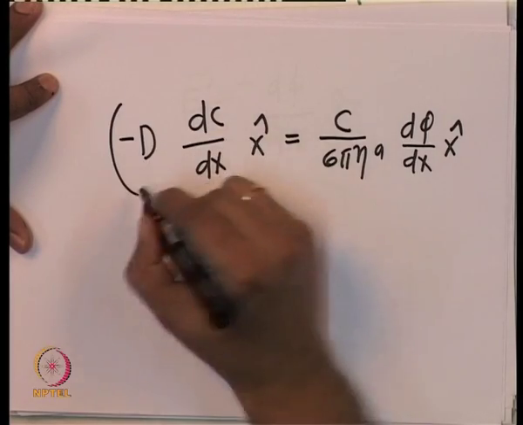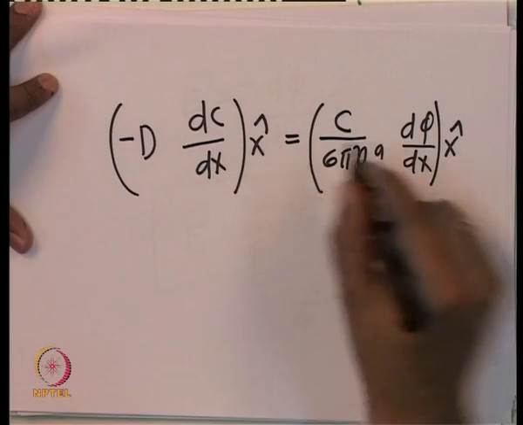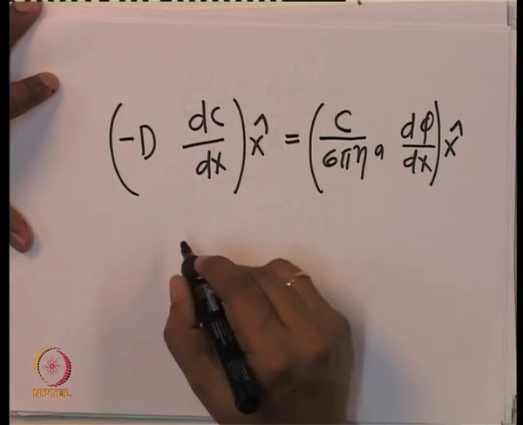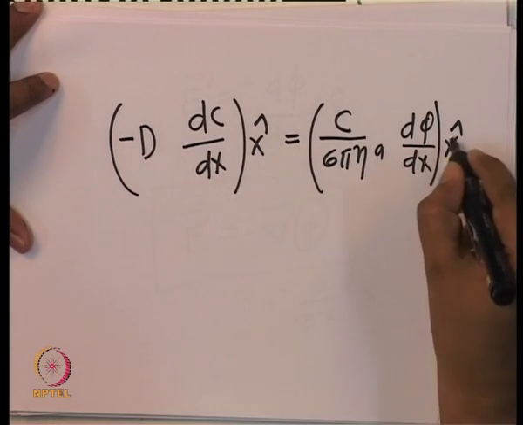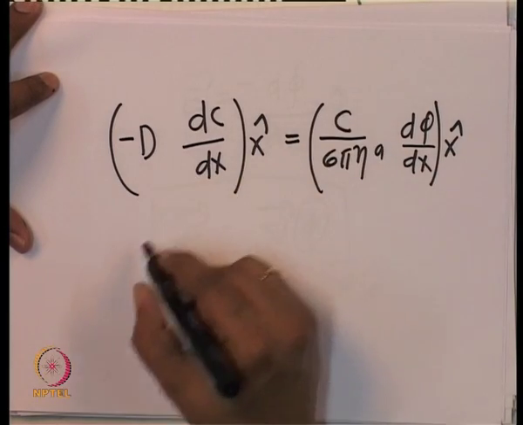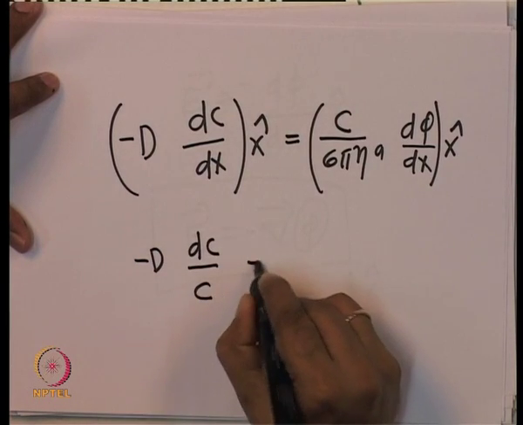So, this quantity in the brackets, they will be equal. Now I can take this c here and this dx there. So, you have minus d dc by c is equal to,